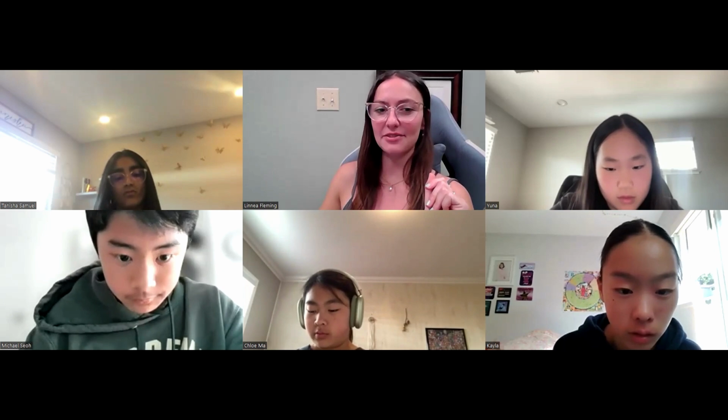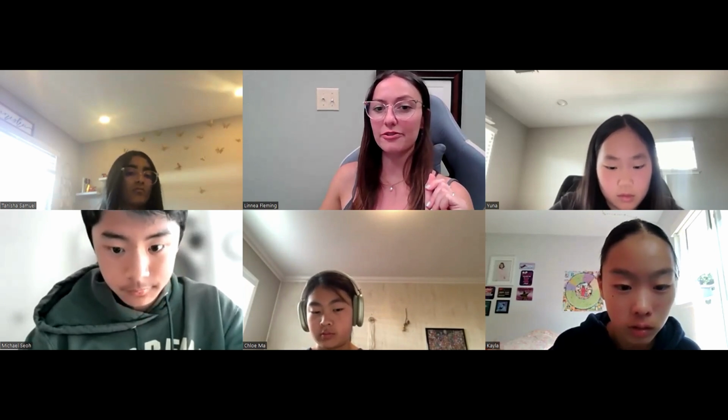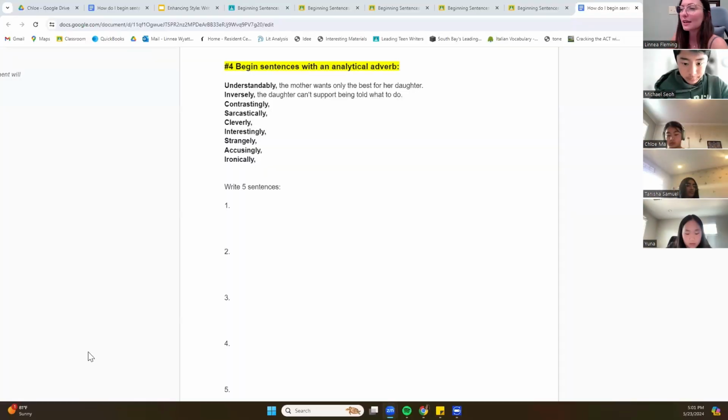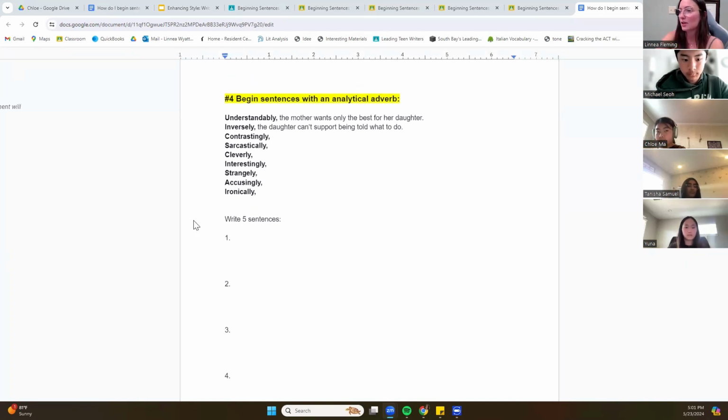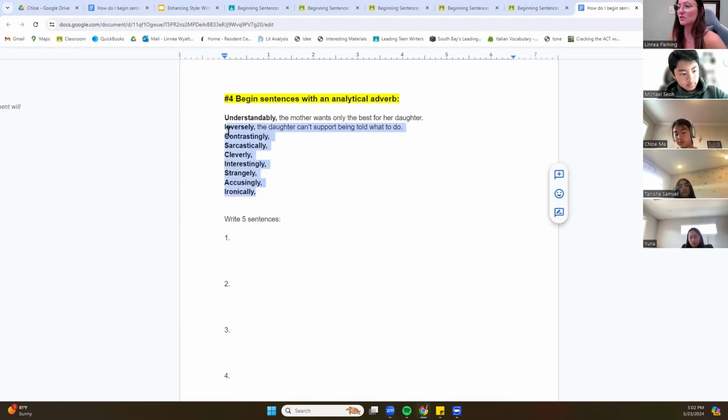Adverbs, adverbs, adverbs, adverbs. So in the first exercise we did, we were writing with adverb clauses. That means we did an entire clause that acted like an adverb. However, for this one, you're literally just starting with one adverb. All of these end in ly. However, there are adverbs that don't end in ly. So if you find one, great. If you want to, though, you can use one of these that I've chosen.